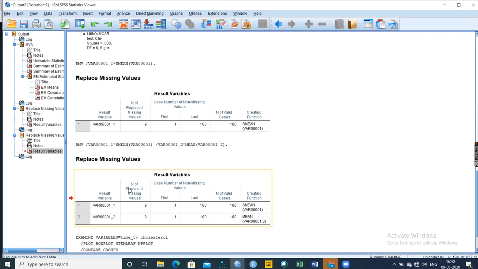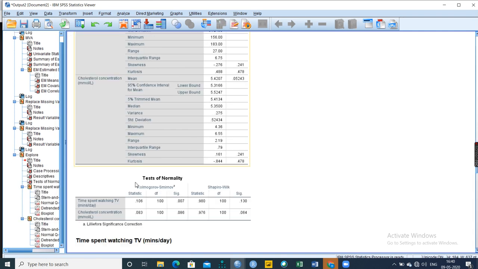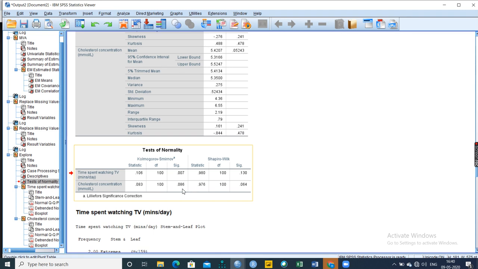Now we get the result, the test of normality. For time spent TV watching, the Kolmogorov-Smirnov test is non-normal, whereas the Shapiro-Wilk test is normal because the value is above 0.05. For cholesterol, in both cases, Kolmogorov and Shapiro tests are normal because the values are above 0.05. So the test of normality holds good for this data.